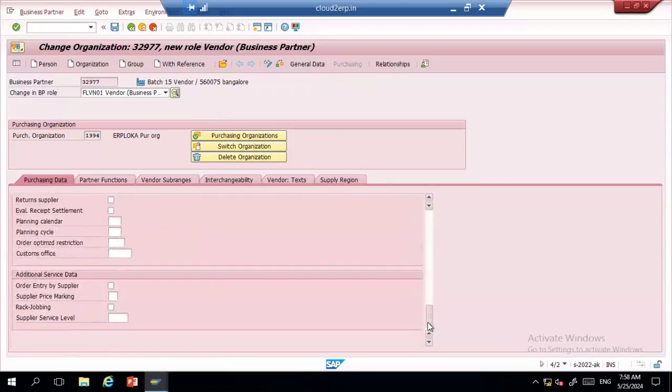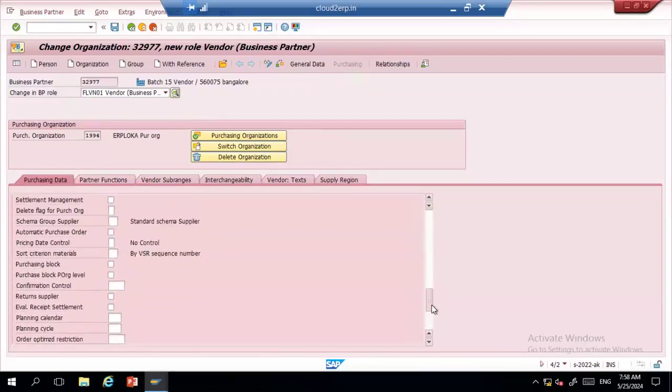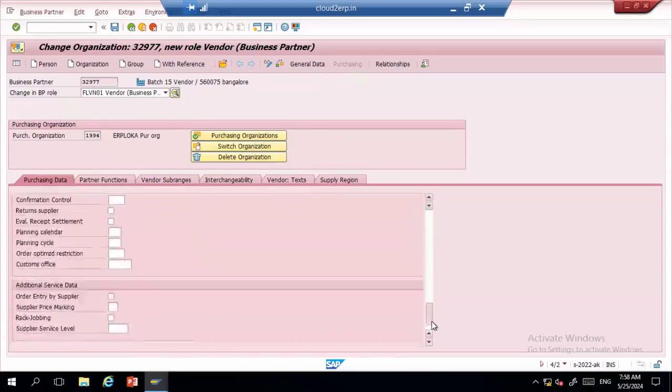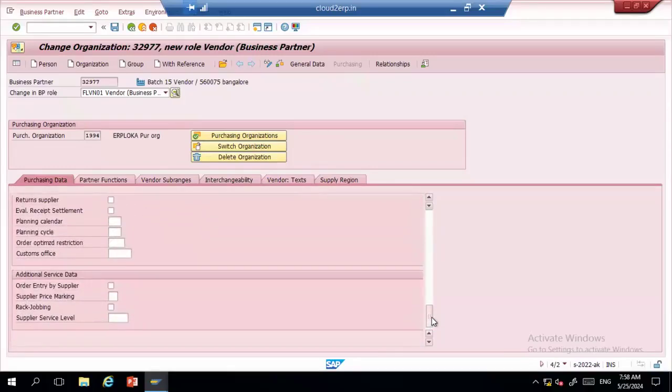So we have a lot of fields here. We will explore all the fields in some more days, because for each and every topic, we will again come back to material master. We will again come back to vendor master and start creating the materials and vendors. For example, if I'm going to special procurement, I'll use different nodes, different fields. If I'm creating consignment, then I'll be using different fields which are important for those. So I don't want to complicate it right away. You can use these basic fields as of now, and going forward, we'll explore more fields in the supplier master. And if I save this,